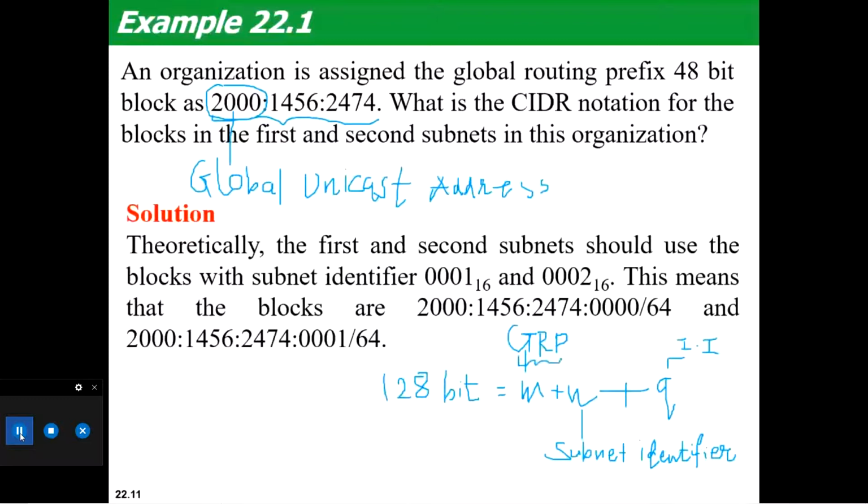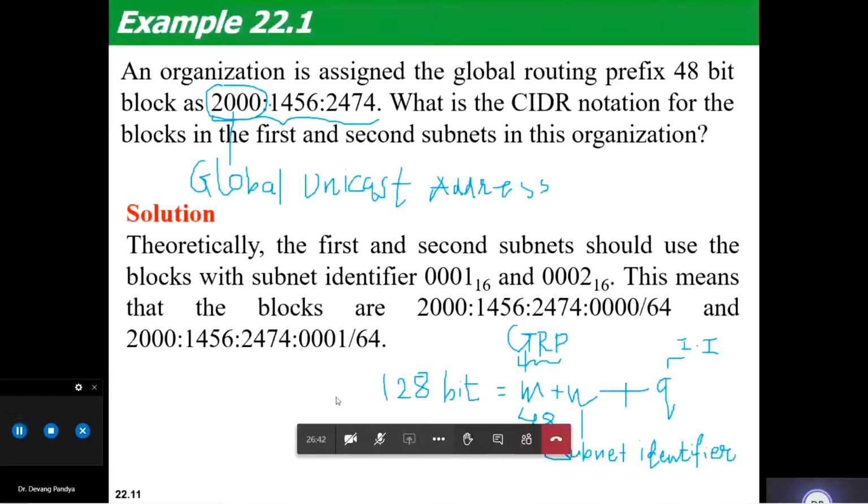And this 48-bit has been given to you. You just count how many digits are there. Raj, इस एड्रेस ब्लॉक में कितने डिजिट्स हैं? How many total digits? Just count. 12.